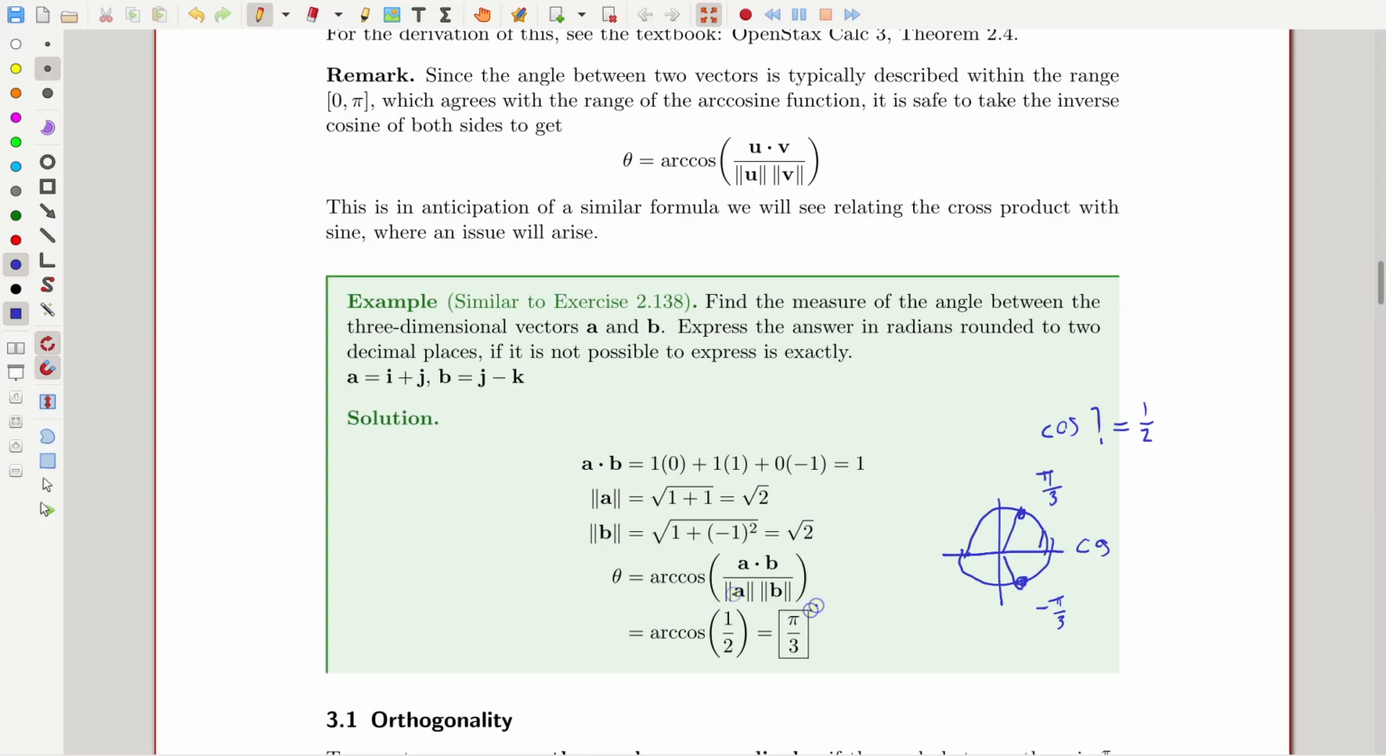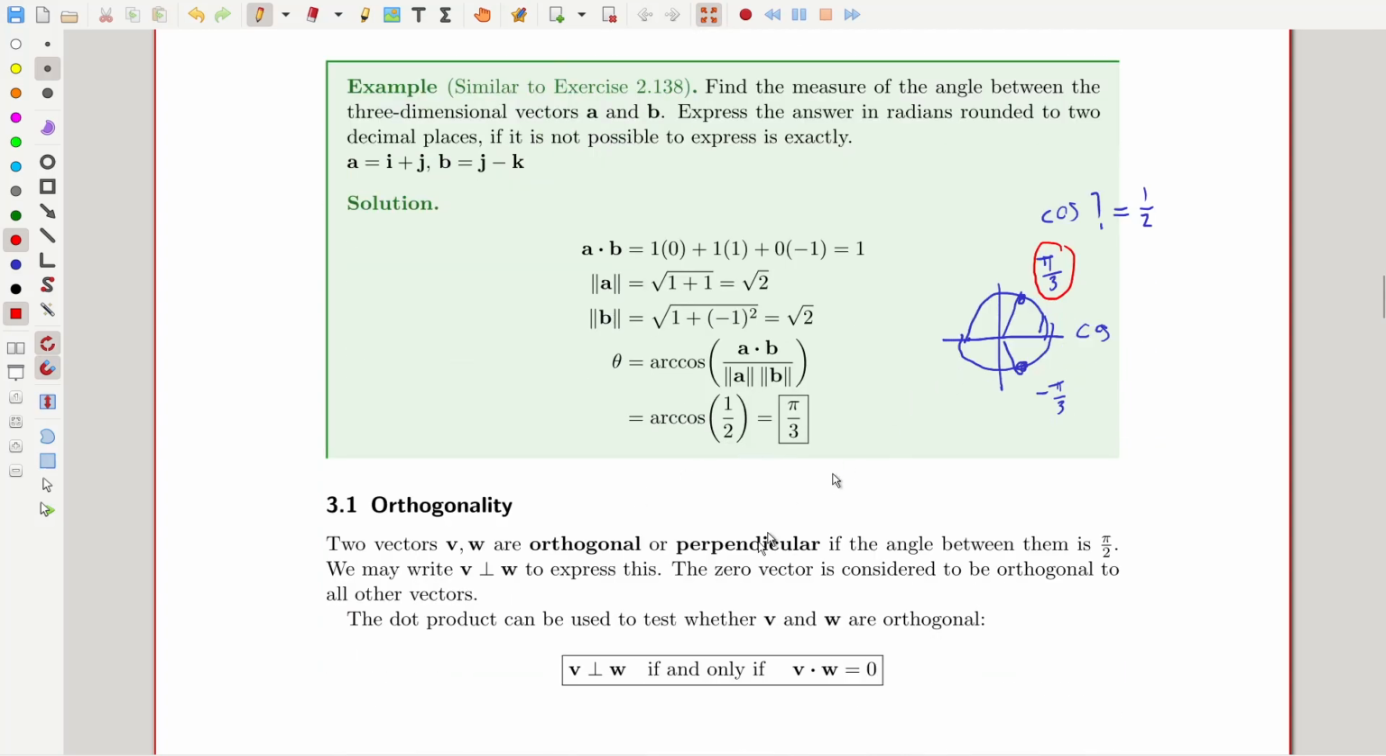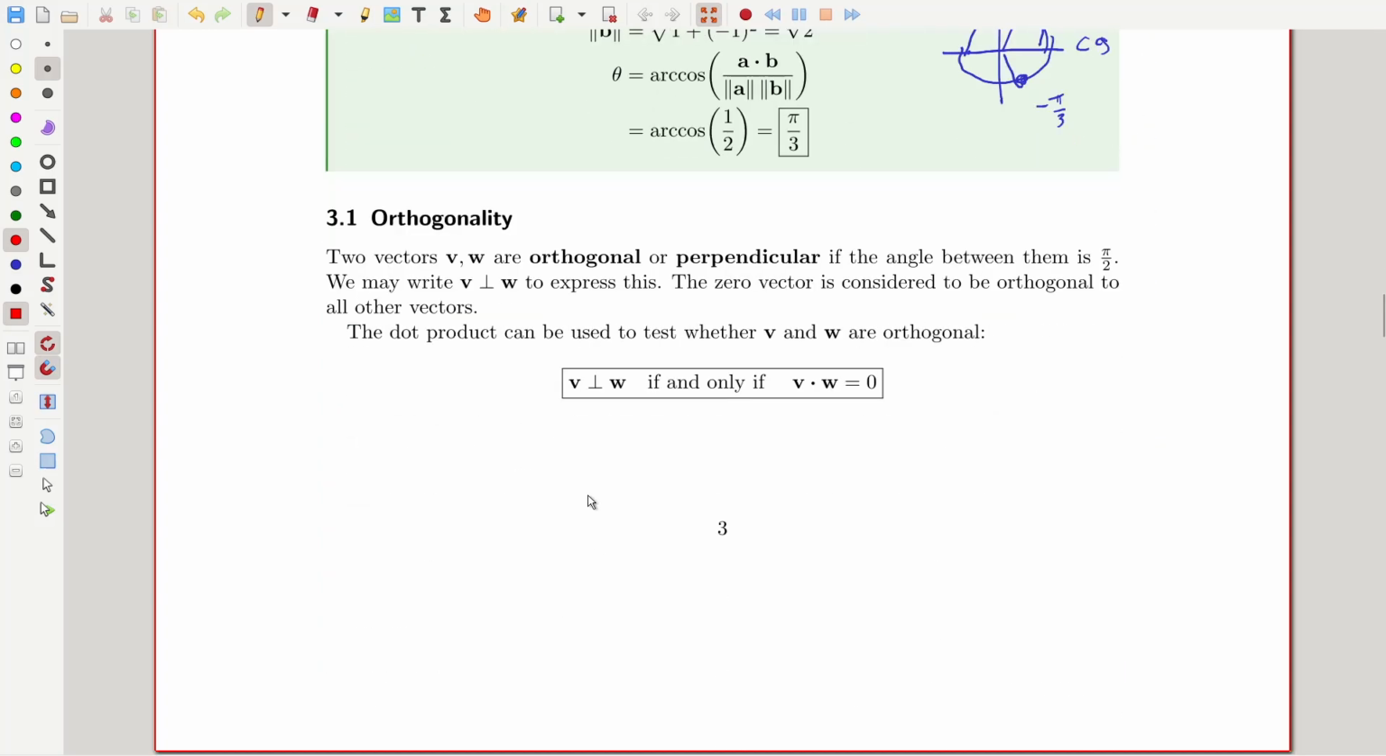But because we're talking about the function inverse cosine, it's specifically going to be the value pi over 3. Okay. Moving on,